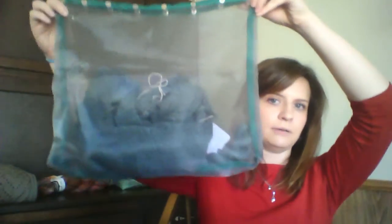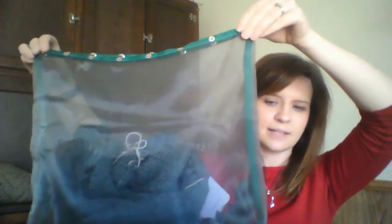So there's that, and I've got it in this kind of mesh bag that's got these snaps up here. And again, something I got at a good yarn, so I'm not really sure the brand even. Namaste is what the snaps say. I assume that's a brand, but I'm not sure. I really like it. It's been great for this project,